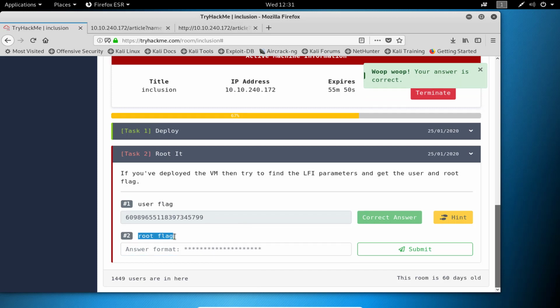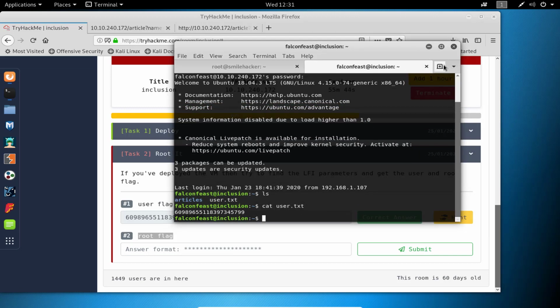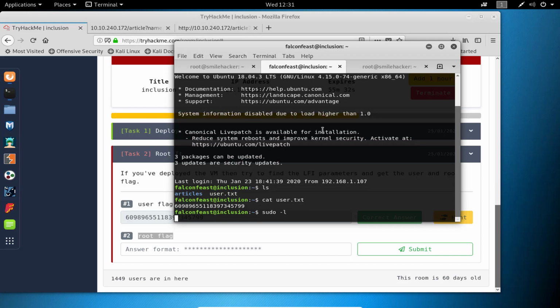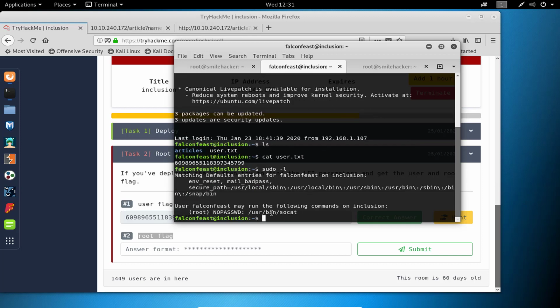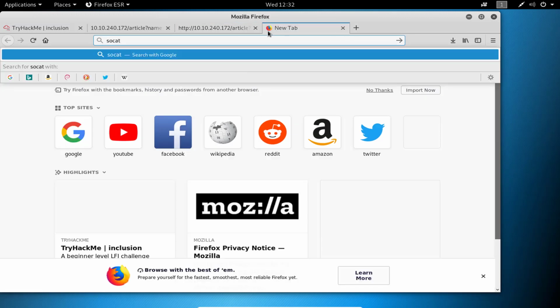So now we are going to do privilege escalation on the Linux machine. Every time you do privilege escalation, you have to see which permissions any user has, which kind of root permission any user has. For that sudo -l is used. So you can see there is no root password needed for this one. We copy this. We have to find out which one we can use for privilege escalation.